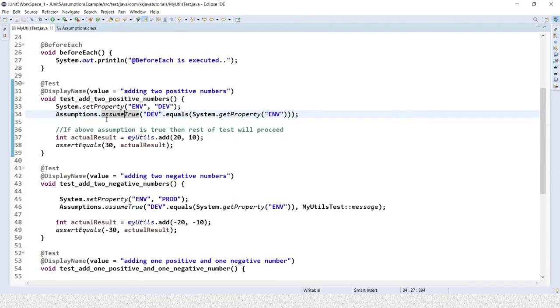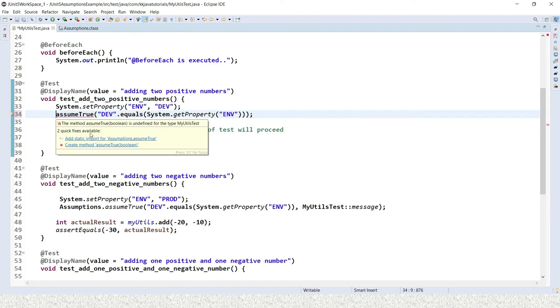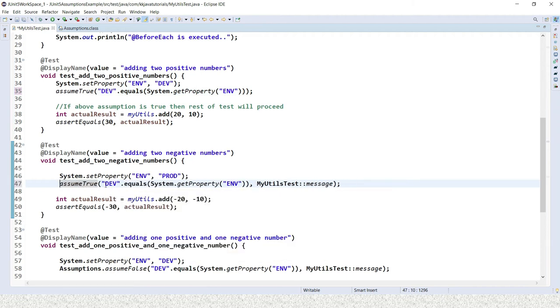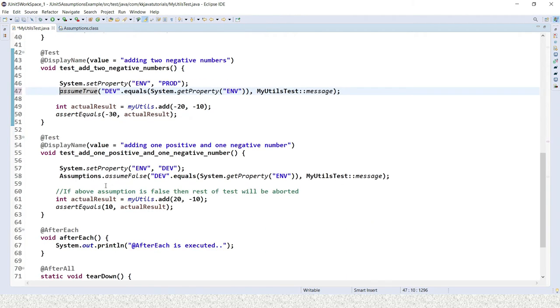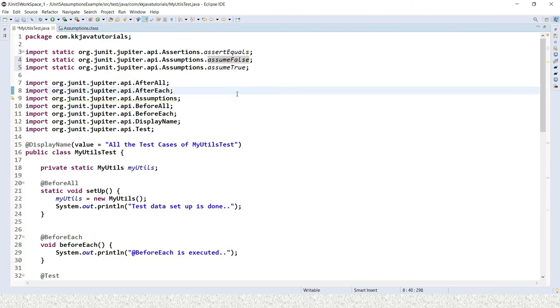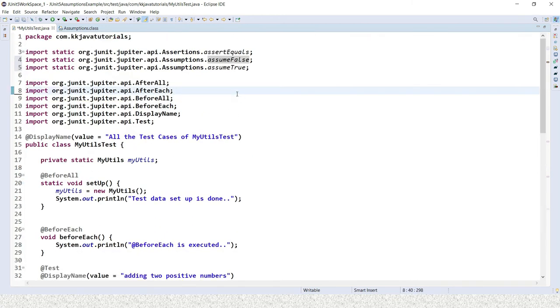So even if you want, you can statically import this method, right? Something like this, so you have to do the static import for this. Similarly, I'm using assumption over here, so that I can do static import. And of course there is one more, we can do the static import here as well, instead of accessing through the class. And we can press Ctrl Shift O for organize import.